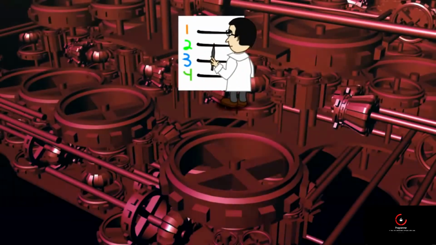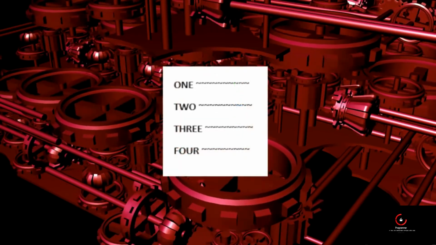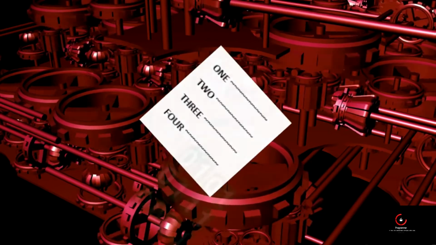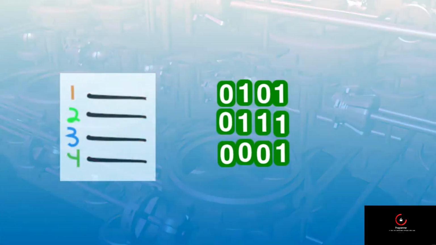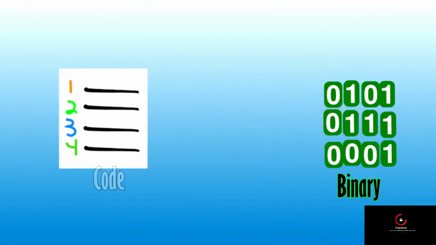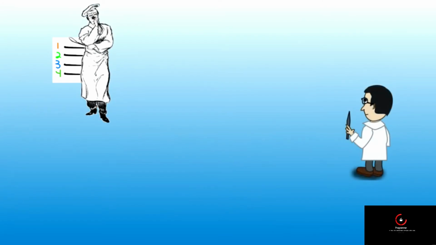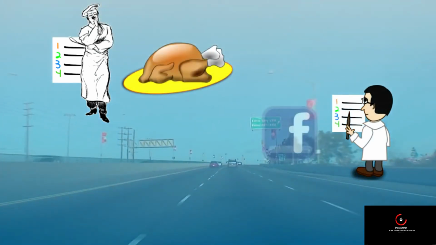On the top level, you have a human writing code for a specific computer language, and after this, the code is translated or compiled into a low-level language by a tool called a compiler, and finally the code is translated into binary or machine language by an assembler. So because we have a way of translating human orders in the form of code into 1s and 0s that a computer can understand, after that it's really just a matter of what you want the computer to do. And it's like being a chef writing a recipe, because both chefs writing recipes and computer programmers writing code have the ability to create something awesome using the resources and tools available.